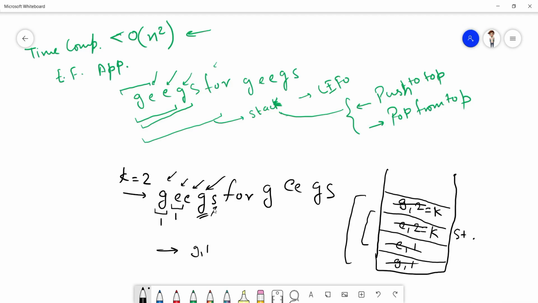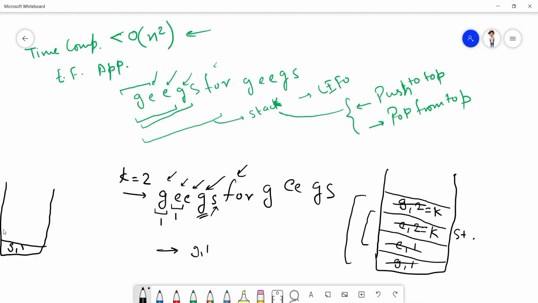Now we come over to S, and we find that the stack is empty. So let me make this empty stack over here. Now we see that the stack is empty, and we will push S with the value 1, consecutive count, right?